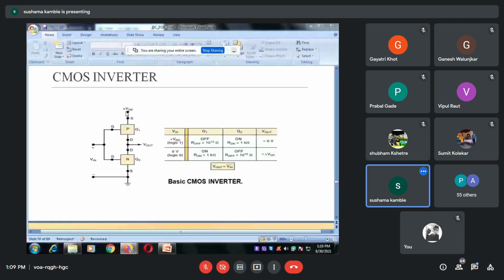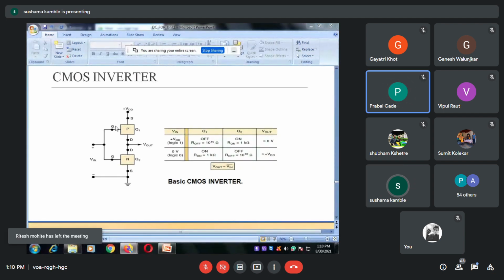Okay. Here this voltage depends upon what? Here you can connect the PMOS or NMOS, doesn't matter. Your output voltage depends upon whether the MOSFET is on or off. That condition again depends upon your input condition, isn't it? Whether your MOSFET is on or off, what does it depend on? Input condition.